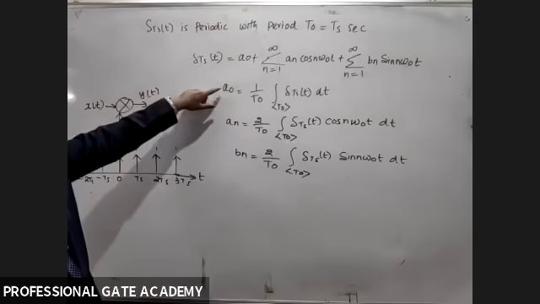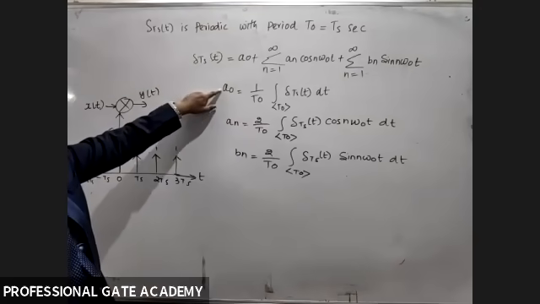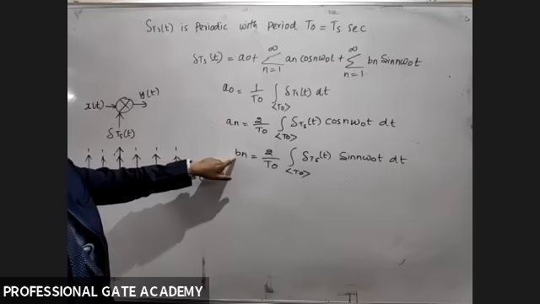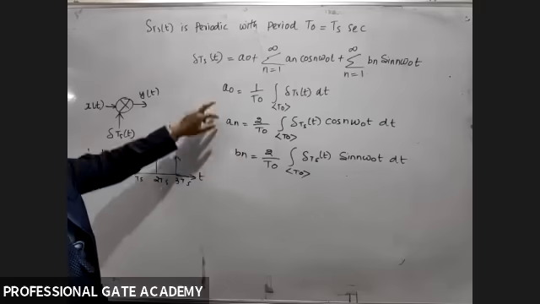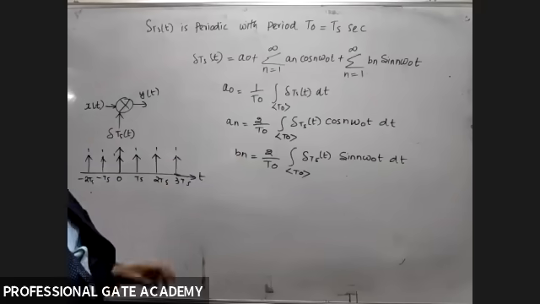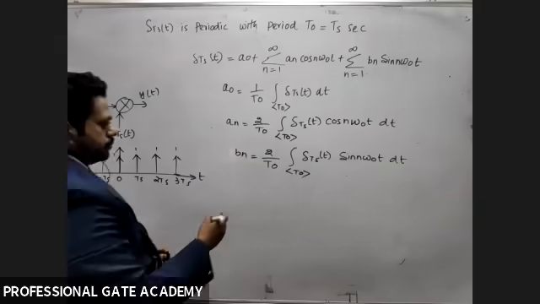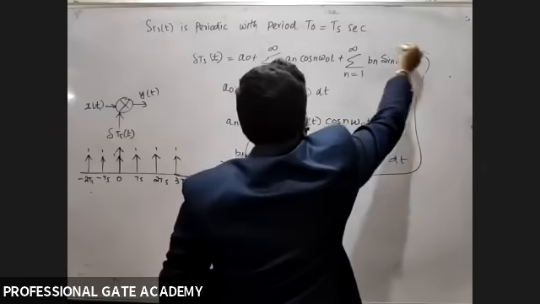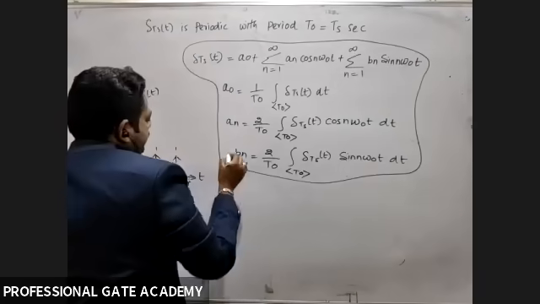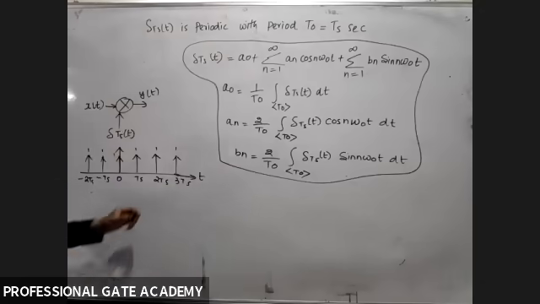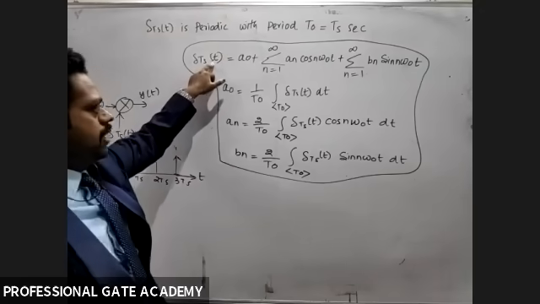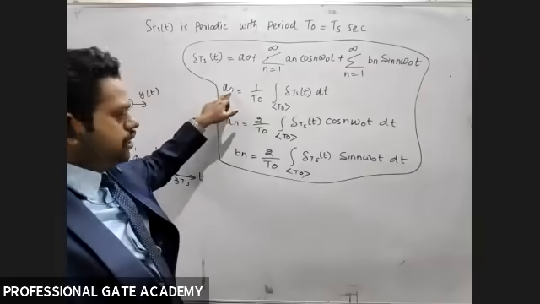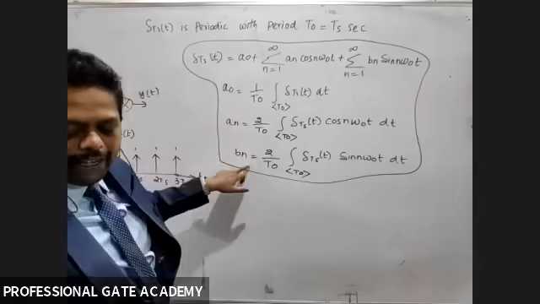So this is the formula for the DC term or average term. an is called the cosine term coefficient, bn is called the sine term coefficient. Now we can find a0, an, bn from these formulas. If you need, write it in a box. This is the formula for the trigonometric Fourier series. Here the coefficients are a0, an, bn, with a formula to find each.